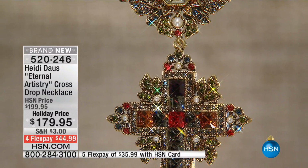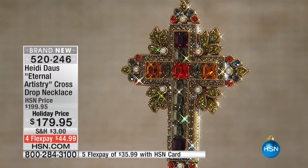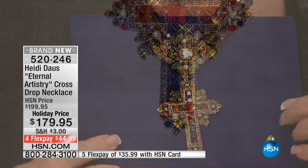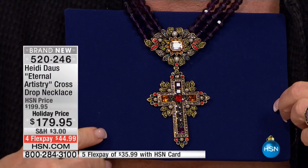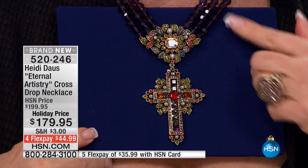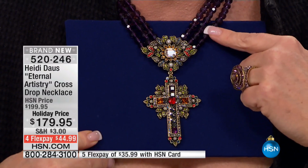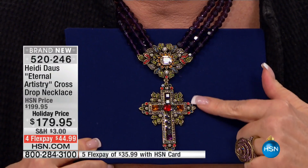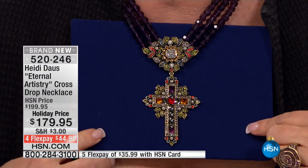You know, we really take our crosses seriously. We just don't bring a lot of them. But when we do, we like to put our best foot forward, and here I think we have done exactly that in this fabulous Eternal Artistry cross. It is a triple strand of amethyst beads that come beautifully faceted, in 8mm size, that come down to this beautiful piece here in the center, and then down to the fabulous cross itself that is paved, completely